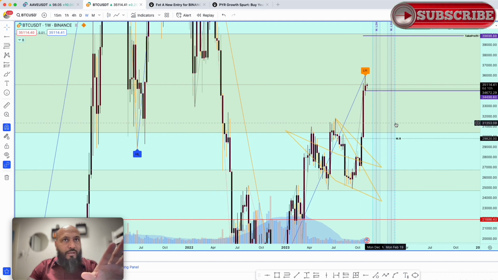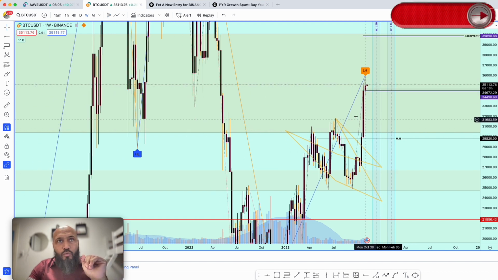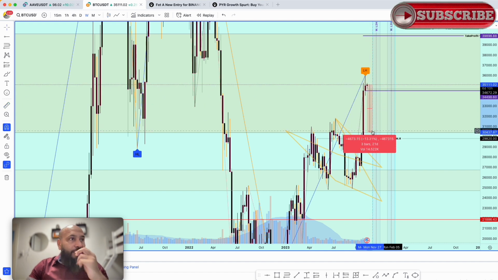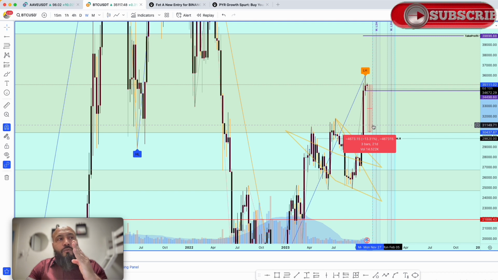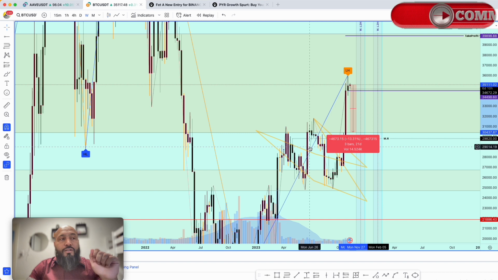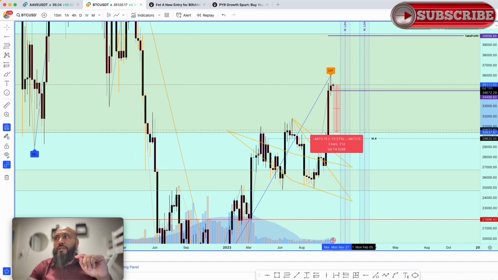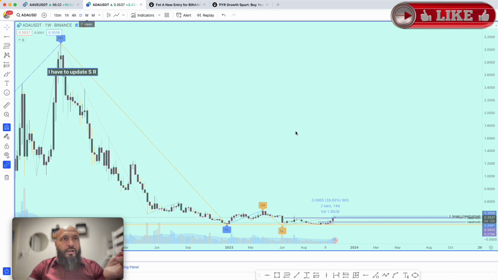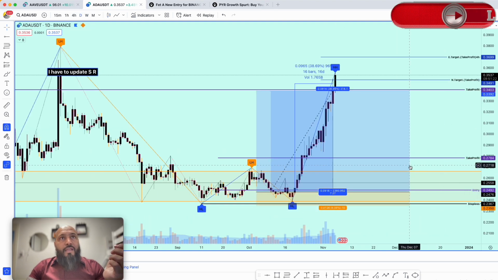Bitcoin can do anything. And if Bitcoin loses 13%, the altcoins can lose 40 to 50%. We trade altcoins, and we trade altcoins that don't have such a big capital. Just ADA has a big capital, but not the other altcoins. So that's why I give the